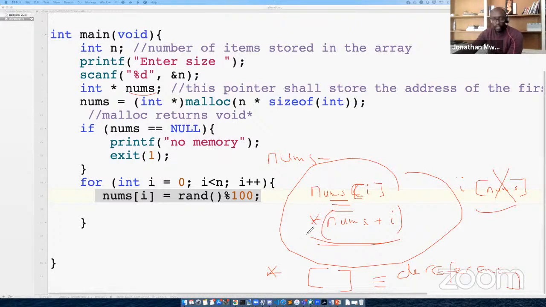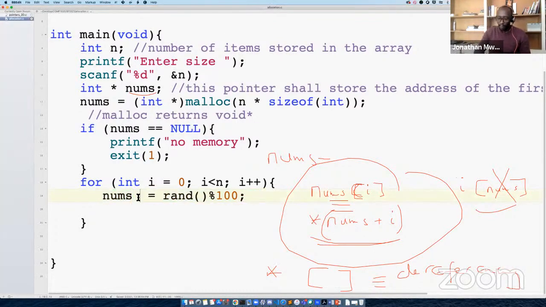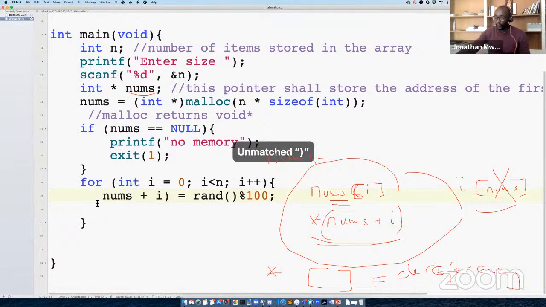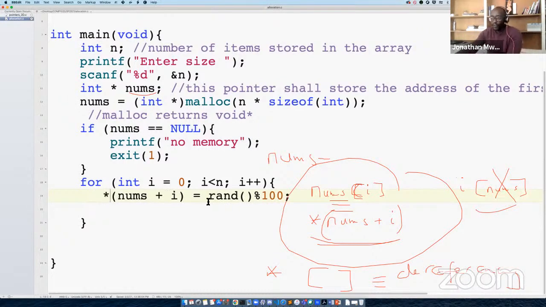Both of them are just giving us the value. We are just dereferencing with them. So in this case, instead of putting that, I can just say nums plus i like this. That will give me the address, and then we dereference that to get the value.